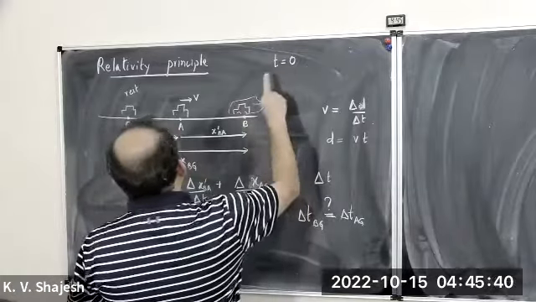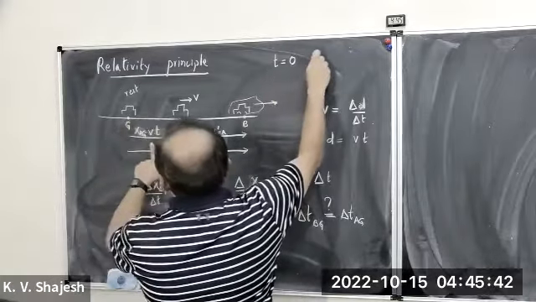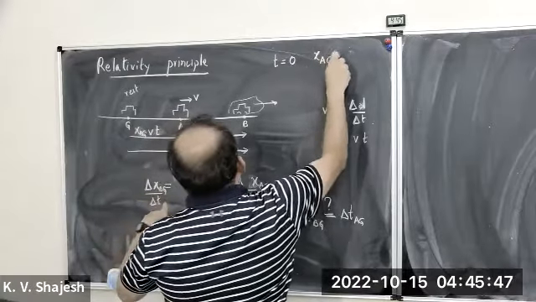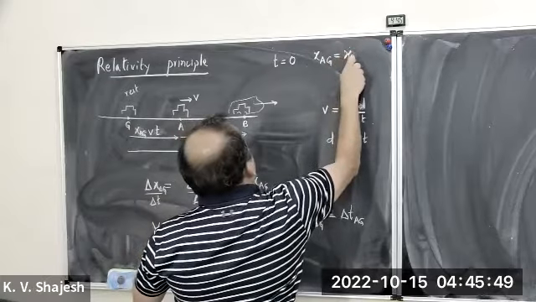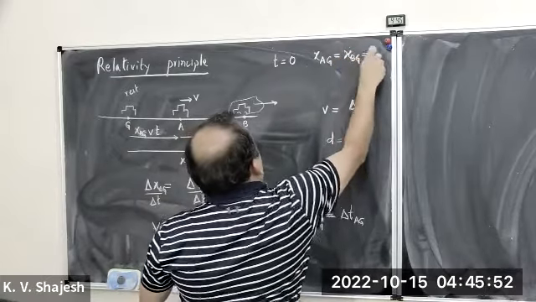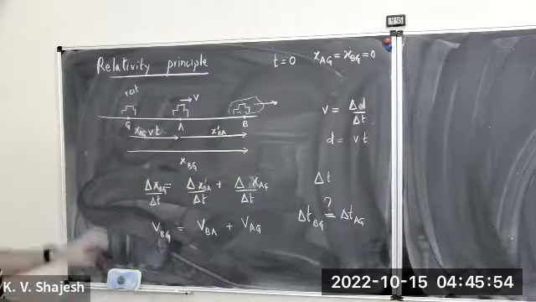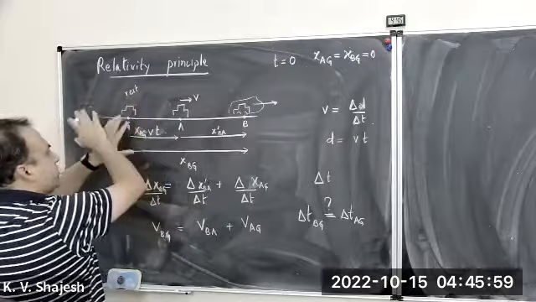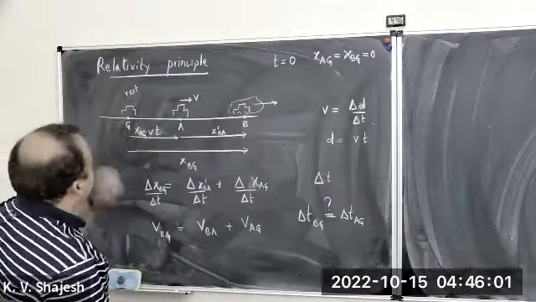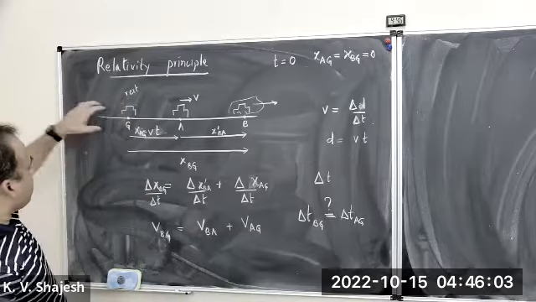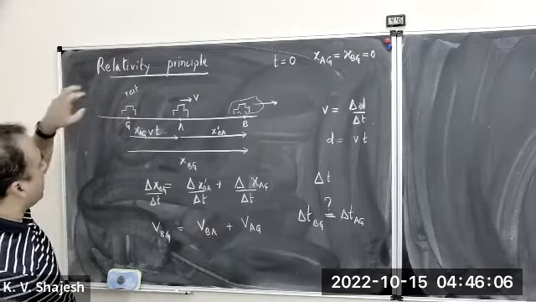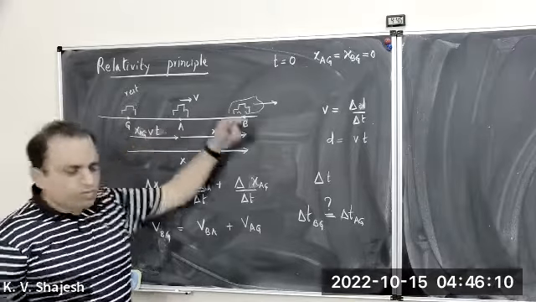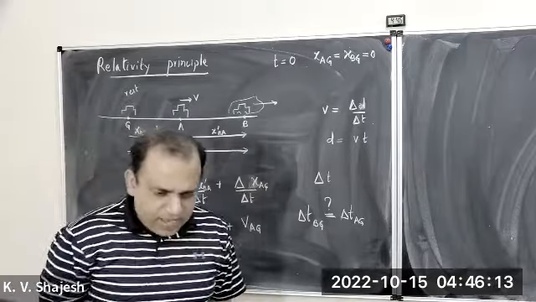So that means to say that at t equal to 0, x_A(G) is equal to x_B(G), and let's say that's equal to 0. So the car is right at G. All three are superimposed at time t equal to 0. It's not that it's beginning from there, it was already moving, but right at that time, they're all overlapping at that point. And then since one is slower, one lags behind the other.